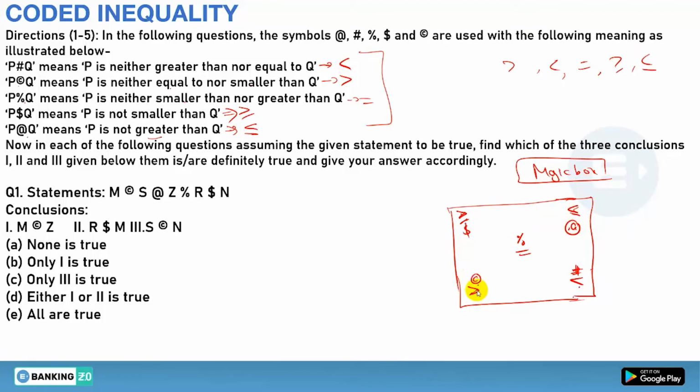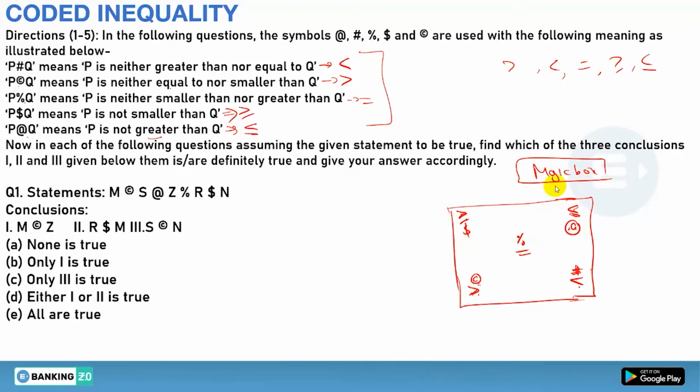Now if you know that between greater and less you can't justify the relationship, it means between copyright and hash, you can't justify the relationship. Yes. Now if between greater equal and less you can't justify the relationship, it means between dollar and hash, you can't justify the relationship. And now if between greater and less equal you can't justify the relationship, it means you can't justify the relationship between copyright and at the rate. Yes or no? So this is how you have to think.